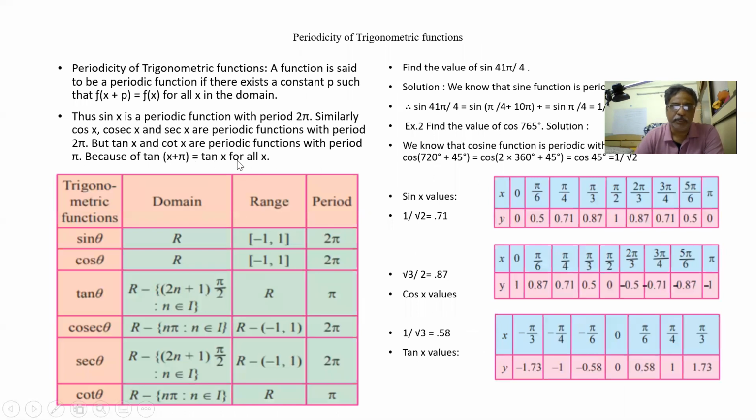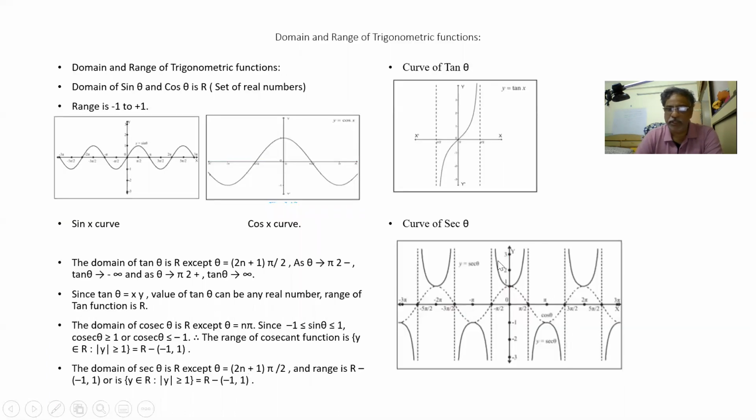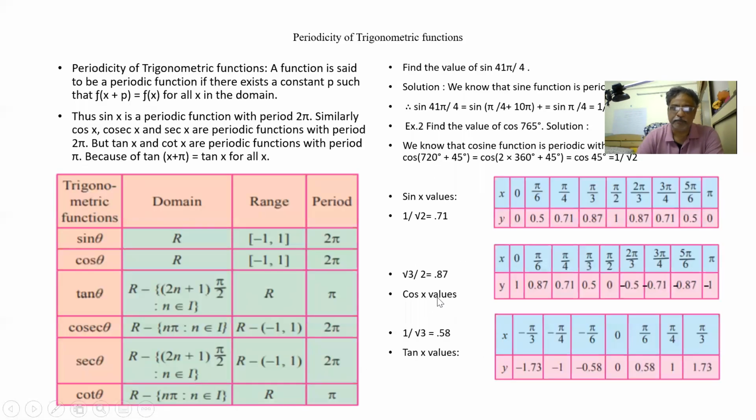This is what is given. So all are accumulated here: the domain, range and period. Except tan and cot, the others have period 2 pi. Then for cosecant we have real values other than between -1 and 1, whereas here it is only between -1 and 1. Same for secant, real values other than between -1 and 1. These are all real values. Y can be anything from 1 onwards to infinity, and from -1 going to minus infinity, but it cannot be between -1 and 1. So this is the range, and this is the domain.